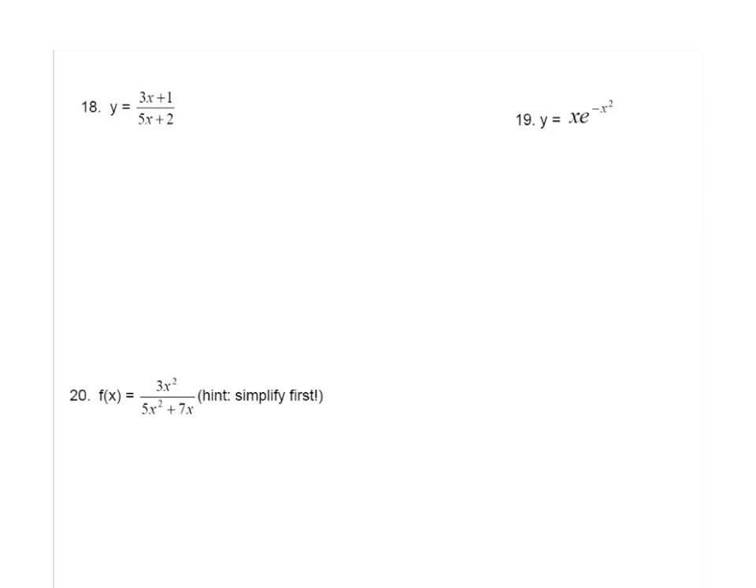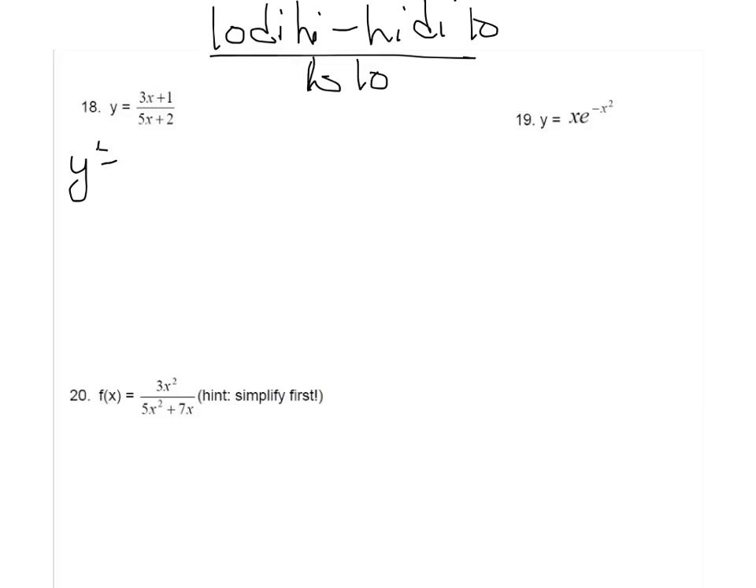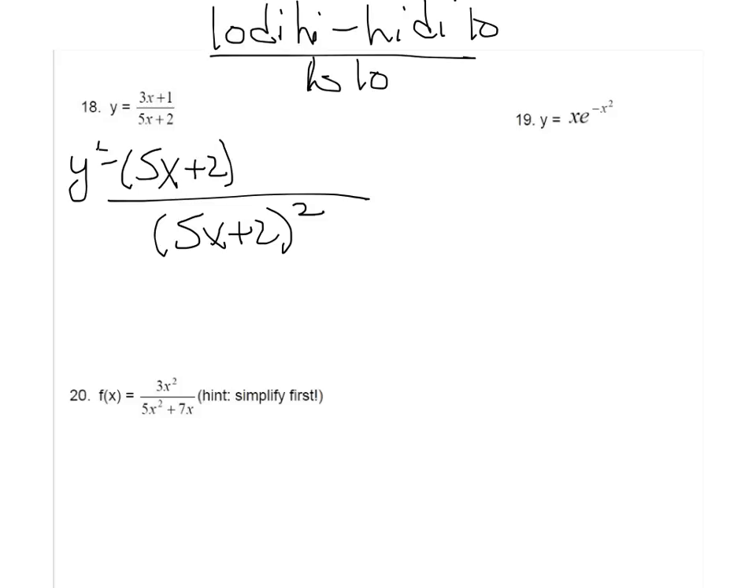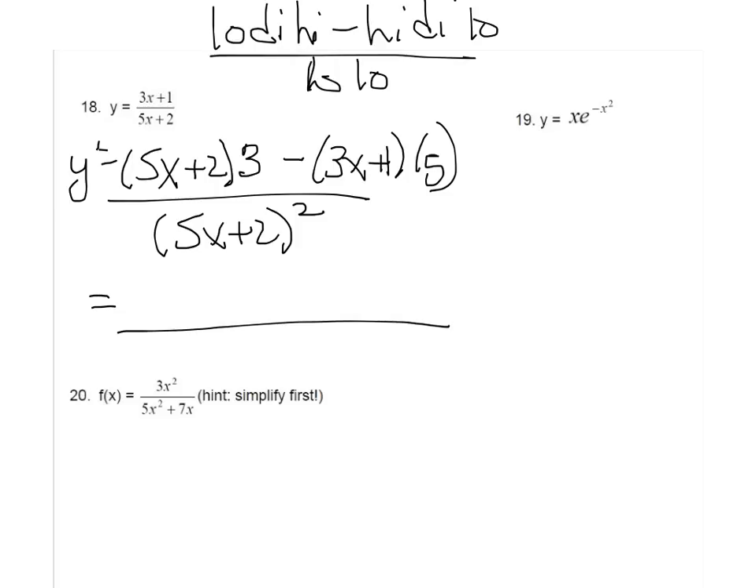For 18, we need the quotient rule. So just so I remind myself, low d high. Okay, so I know the denominator is going to be 5x plus 2 squared, or times itself. So then my numerator is 5x plus 2 times the derivative of the numerator minus the numerator times the derivative of the denominator. So now we have to simplify